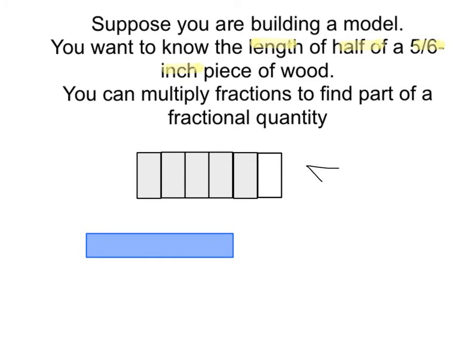Let's let this diagram equal our 5/6 inch piece of wood. It's our 5/6 inch piece of wood because there are 1, 2, 3, 4, 5, 6 pieces. So 6 out of 6 gives us our whole piece, and the shaded gray area is our 5/6 of the piece. All right, so we know for our problem that we need to have half of